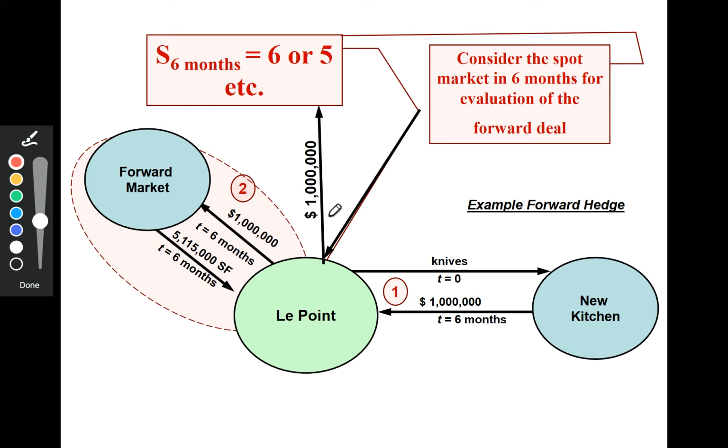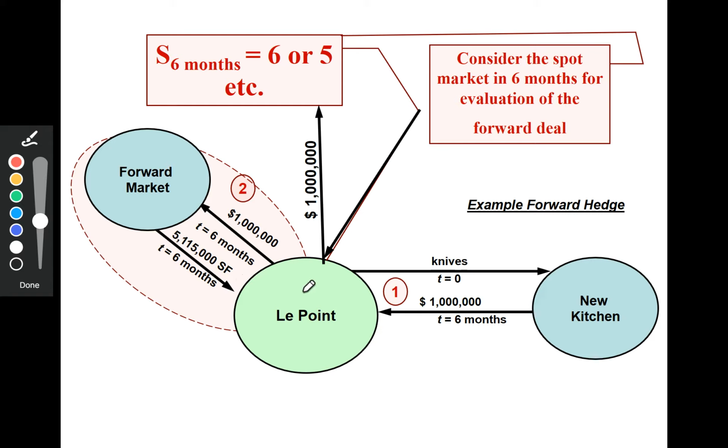However, Le Point will not suffer this loss. It has a contract with a forward bank that takes this $1 million and gives Le Point 5,115,000 Swiss francs. In other words, the forward contract under this scenario, and I emphasize under the scenario of S of 6 months equal 5, gives us a 115,000 Swiss franc gain. However,